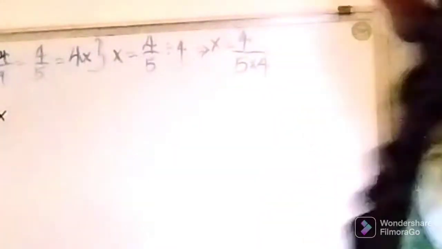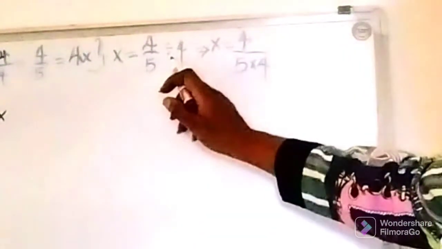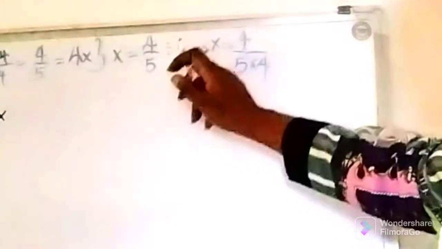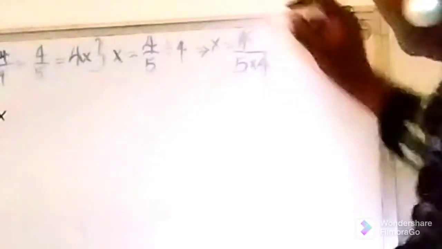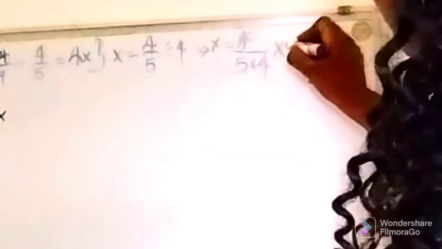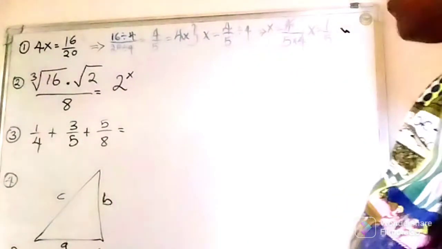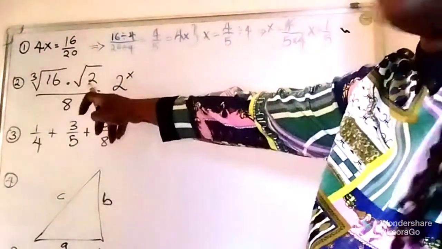times 4. Okay? So if I change the sign of division to multiplication, it has to move from the numerator to the denominator. So this will cancel this. So the value of our x is 1 over 5. Now the second question says the cube root of 16 times the square root of 2